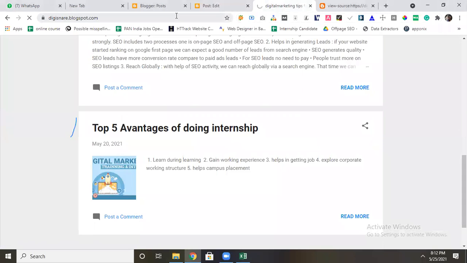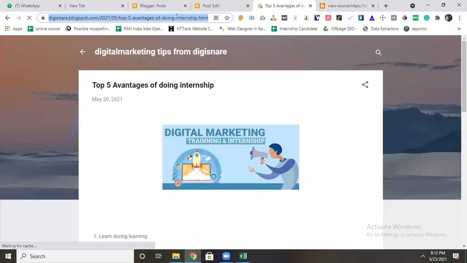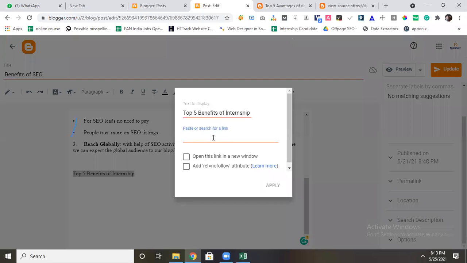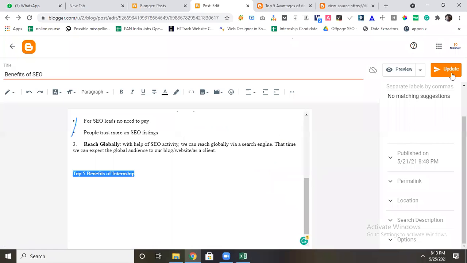First you click here and copy this URL from here. Once you have copied it, since you already wrote the text, just select that particular text and go to hyperlinking, and paste the URL here. If you want it to open in a new tab, you have to select open in a new tab. You use rel equal to nofollow when you are adding an external website. If you are linking within a website, there is no need to mention that. Within a web page, don't use a new tab. Let's say I apply it and update it here.